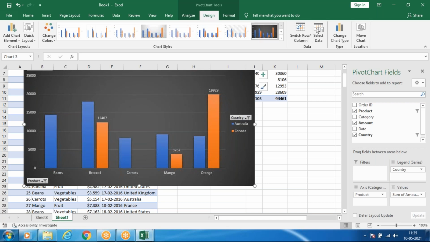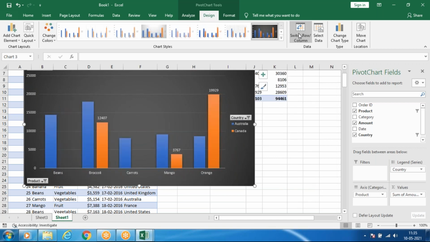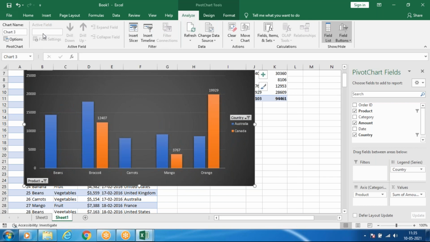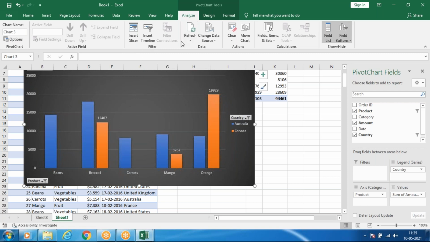And you can switch rows and columns, so row data will be in the columns and column data will be in the rows. Again same thing, in Analyze, you can insert a slicer for this also, timeline also. Last class I have taught this.